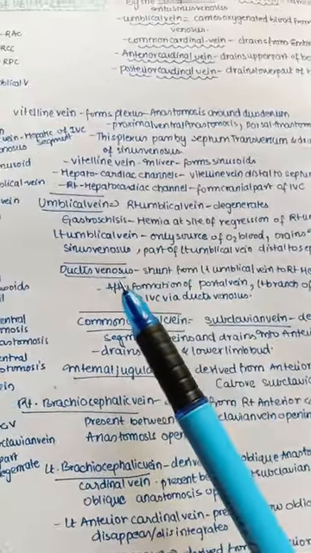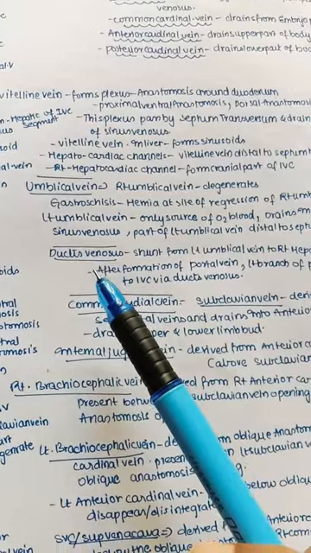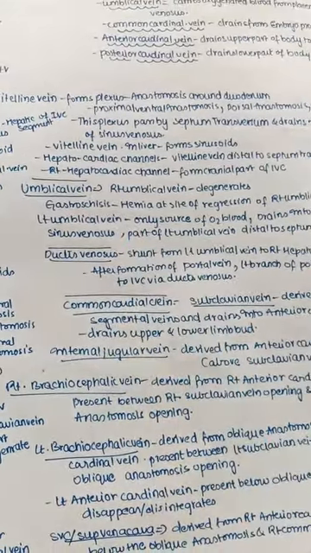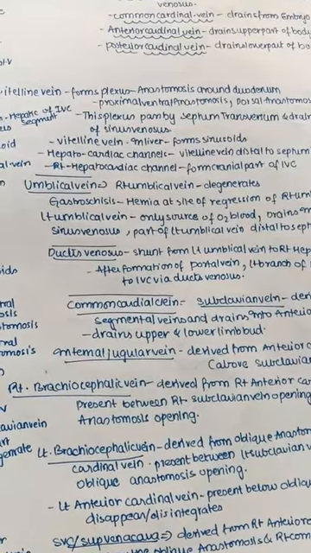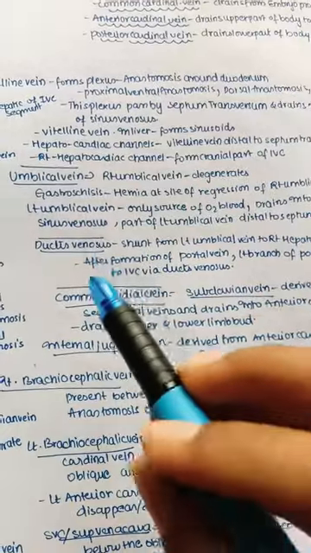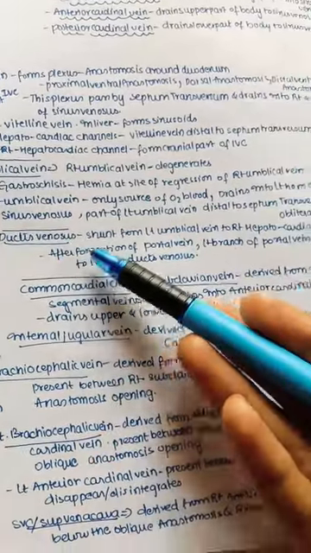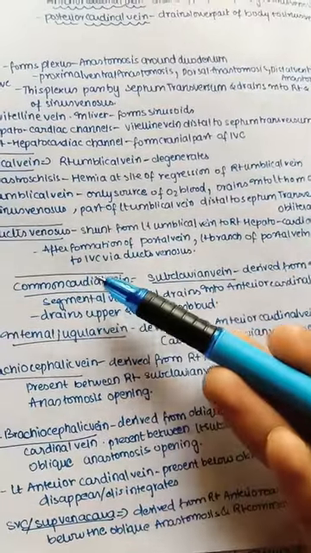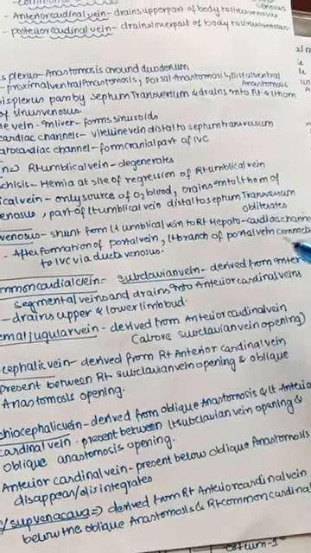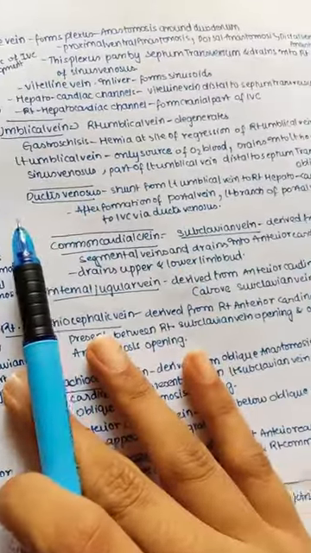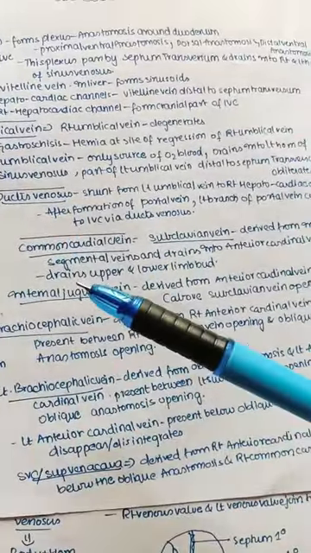And the ductus venosus is the only source to shunt the blood from the left umbilical vein now, because the left umbilical vein actually joins with our portal vein, and it reaches the blood to the inferior vena cava by means of only the ductus venosus. So the ductus venosus shunts from the left umbilical vein to the right hepatocardiac channel. So after the formation of the portal vein, the left branch of the portal vein connects to the IVC mainly via the ductus venosus. So next, common cardinal vein.